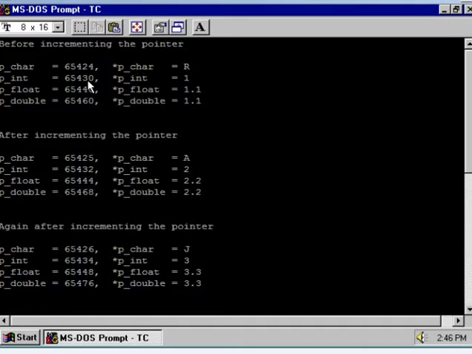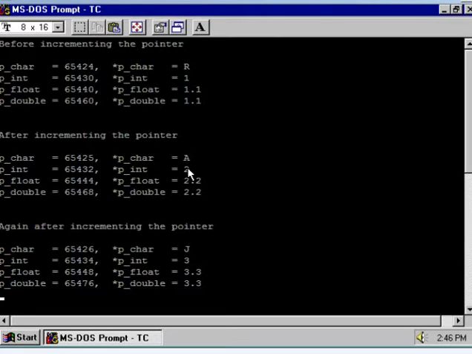Hence, after incrementation, the content of the pint pointer variable will be 65430 plus 2, that is 65432, and hence this pointer will point to the second element of the integer array. What is the content? It is 2. Previously it was 1, now it is 2.